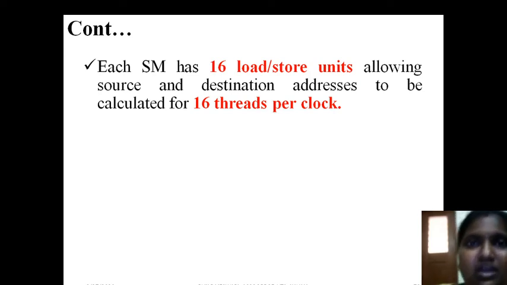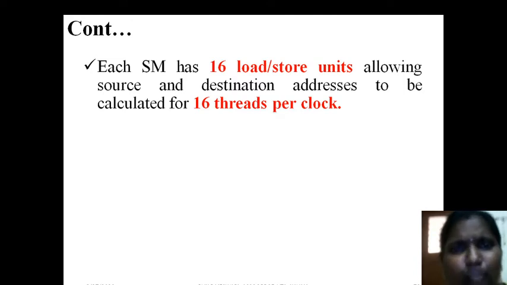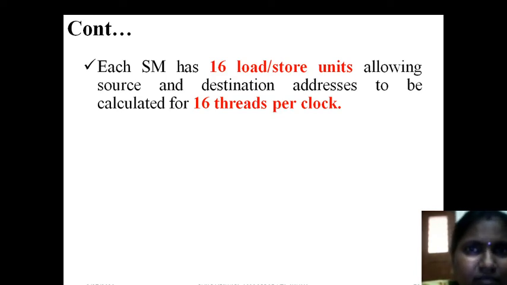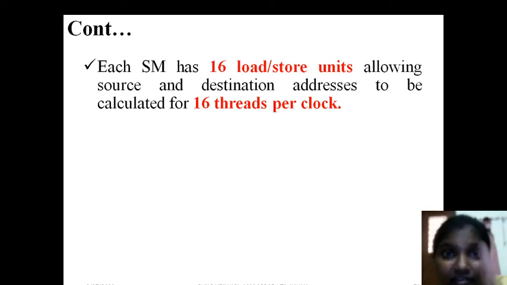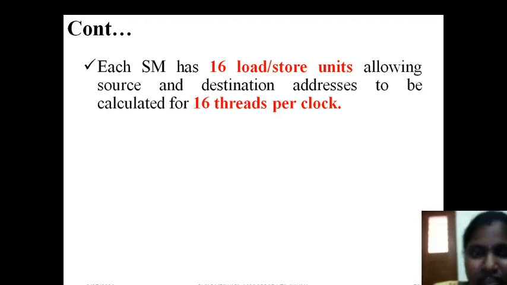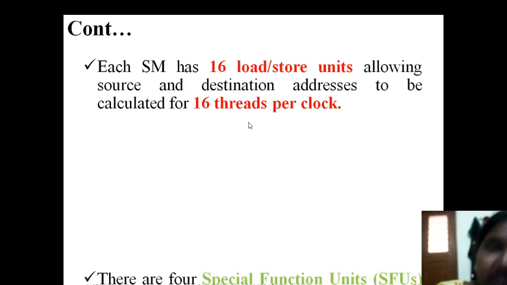each 2 cores are accommodated with one load store register. That means we have 16 load store registers, but we have 32 cores. One is working means one is idle. If both are competing at the same time, sometimes the efficiency is going to reduce, but that is not at all a problem. But if 32 cores were waiting for one load store, just imagine 1 to 32. By applying 16 load store registers, we get a 1 to 2 ratio. So 16 threads per clock will work at a time.